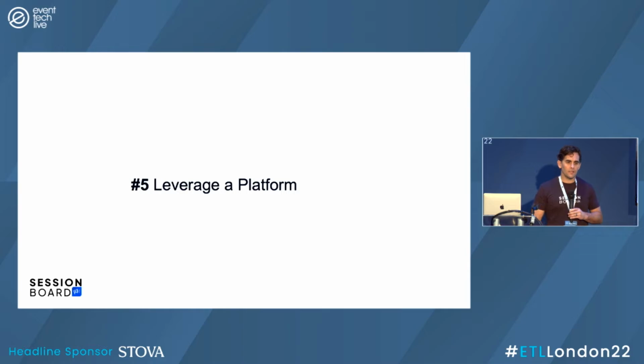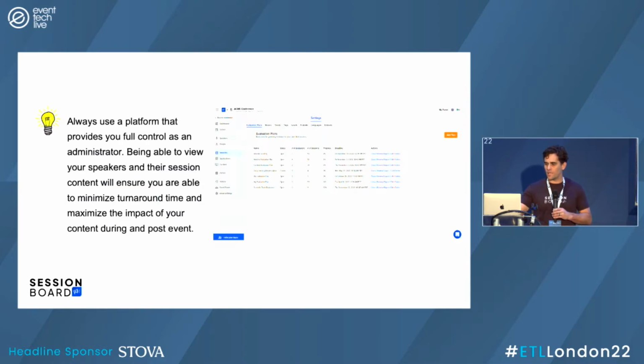And so the last key tip, and it goes in line with the last one, is having a system that allows you to collect the submissions. It makes it easy on your evaluators, makes it easy to manage your agenda and things of that nature, but also onboard your speakers so that they have one place for it. And then the key thing, I think, is really having one place for all of that content where it can live, and then being able to actually distribute it in a number of different fashions. So making sure that you can easily get it to your mobile application, making sure you can get it easily to your agenda or registration system, and then being able to make sure your AV team has the appropriate information,